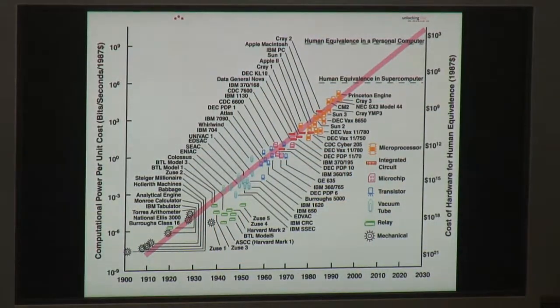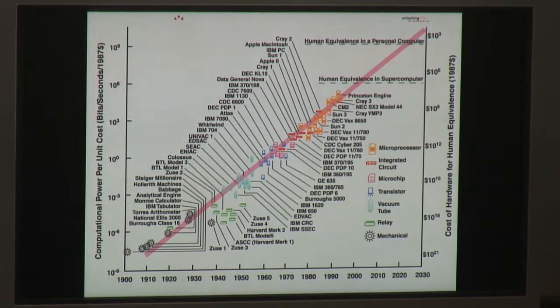So here's a graph of time on one axis and processing power up the left-hand side, which is logarithmic. So each of those steps is 1,000 times more powerful than the last step. It starts at 10 to the minus 6 down here and goes up to 10 to the 9 at the top. And what you can see is a steady increase in processing power. The reason why that happens is because of these different generations of technology.